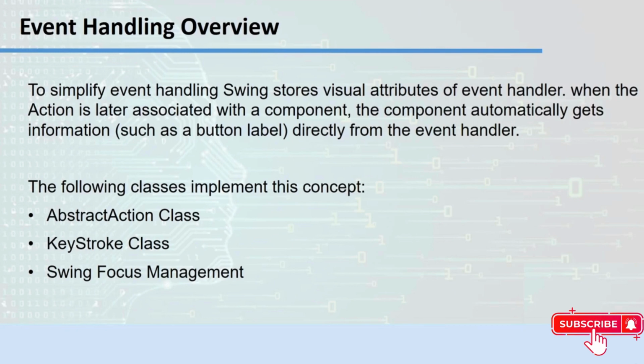The first one is the AbstractAction class, which extends the Action class, then the KeyStroke class, and the Swing focus management class. These are the classes we are going to cover in our next lectures. So please bear with me, and I will be with you shortly, and we will start with the abstract